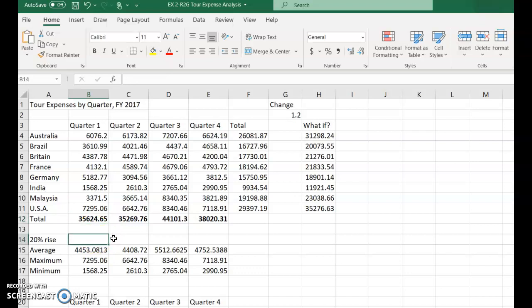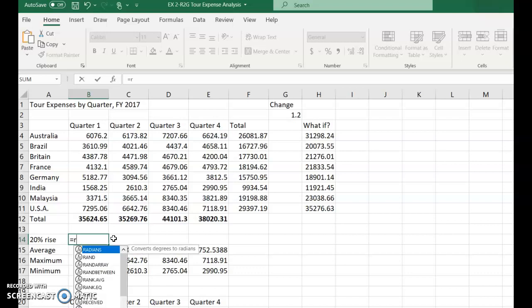So I'm going to click in cell B14 and I'm going to begin with the equal sign. But then I'm going to type RO and I get a menu here of different functions that begin with the letters RO. I want to use the round function, so I double click on it. And now in the formula bar up here, I want to increase the total by 20%. So I'm going to point and click to B12, and then I'm going to add